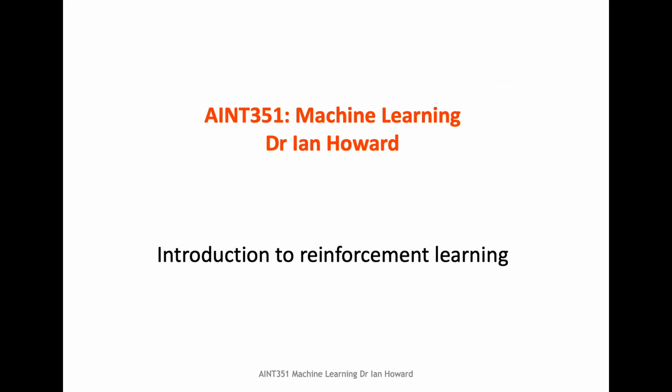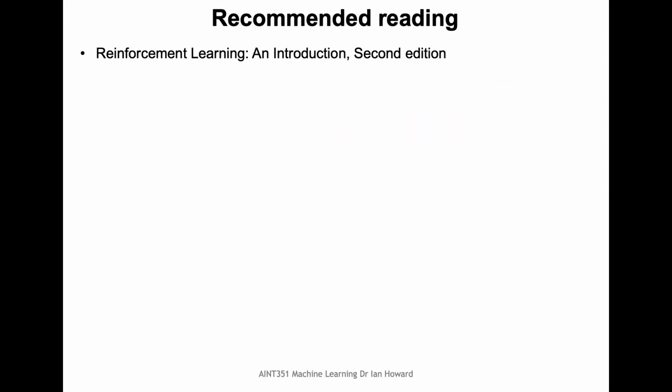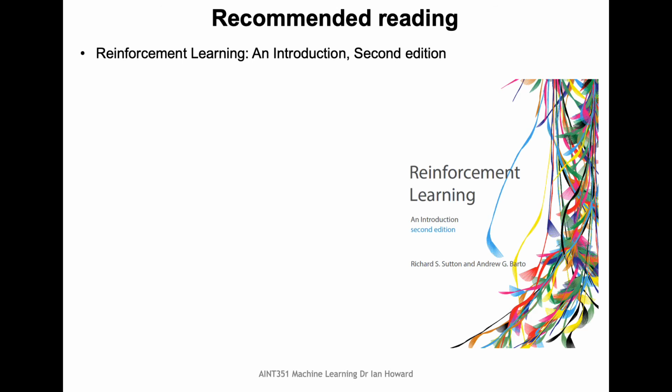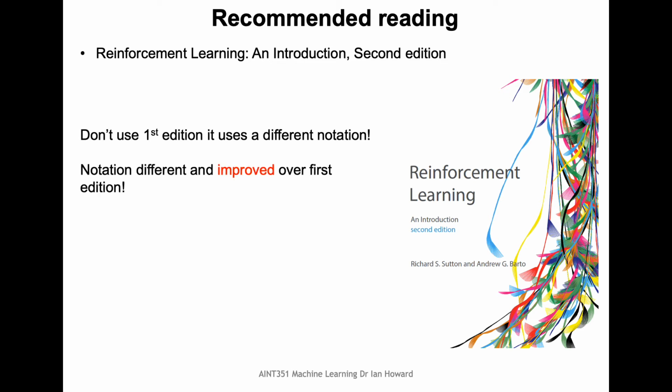I'm now going to give an introduction to the topic of reinforcement learning. So there's some good recommended reading. In particular, there's a book that really stands out to me, and it's basically Reinforcement Learning by Sutton and Barto. All I will say is don't use the first edition. It uses a slightly out-of-date notation for things. The second edition uses a much nicer